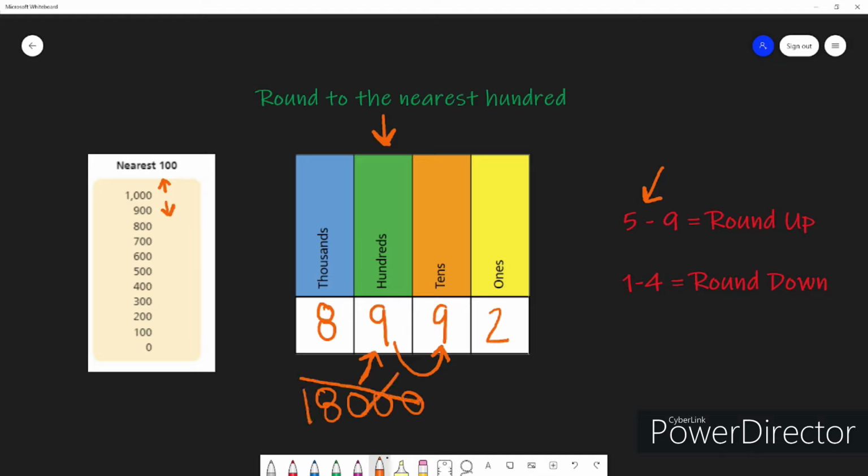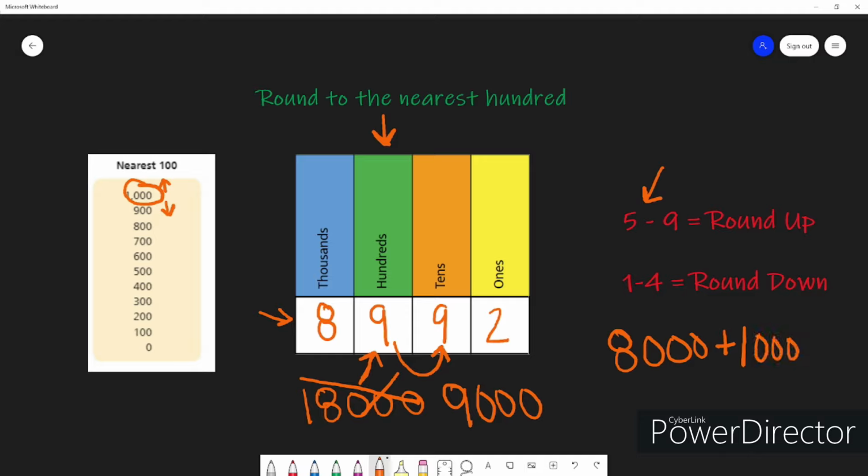What ends up happening is that it moves up all the way to 9,000, because it makes sense that we start off with a place value of 8,000, which is this number. We move up to 1,000 as we've seen in the nearest 100. So we add an additional 1,000 to now make 9,000,